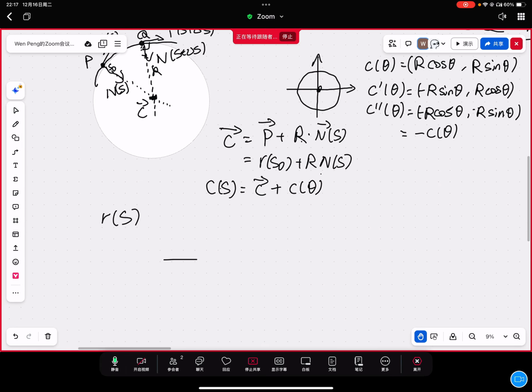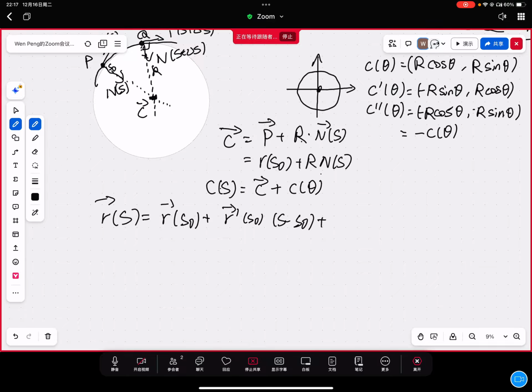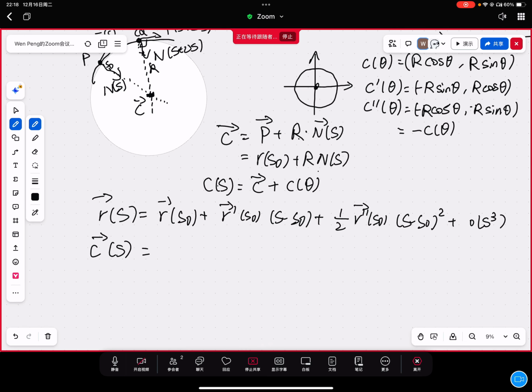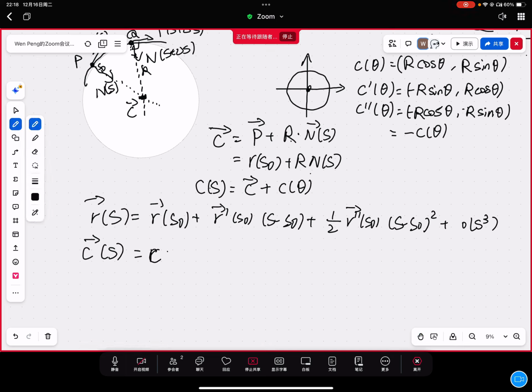If we take the Taylor expansion at s equals s naught, we will get this. And for c of s, we get